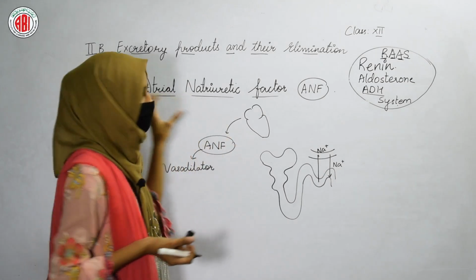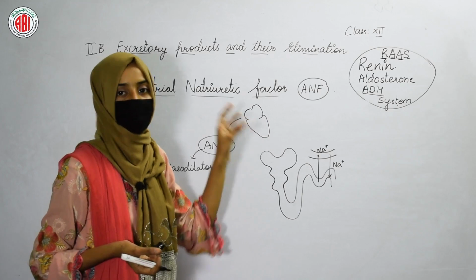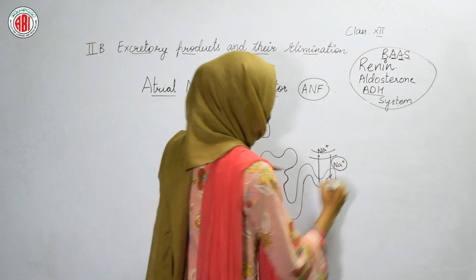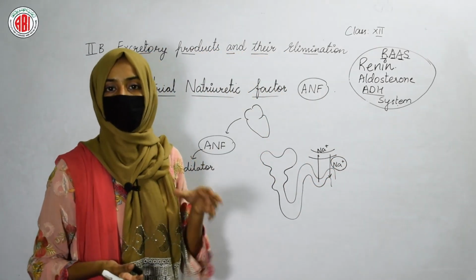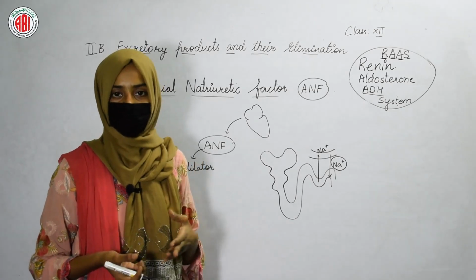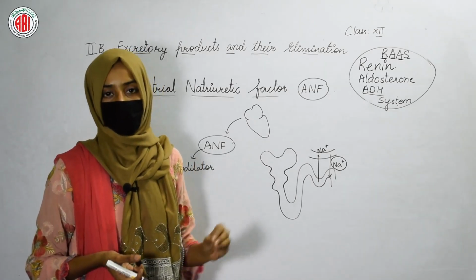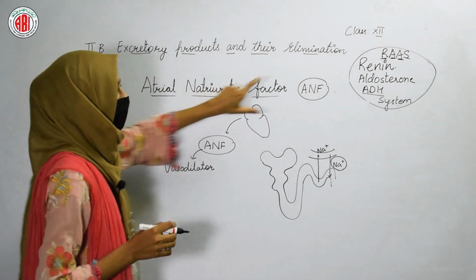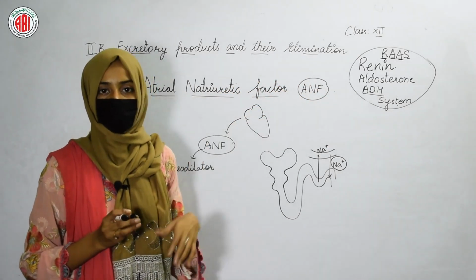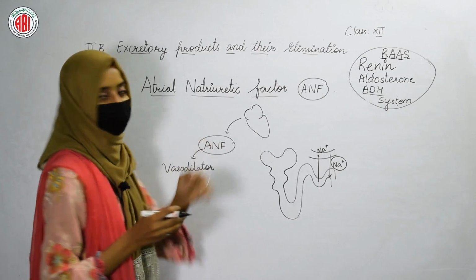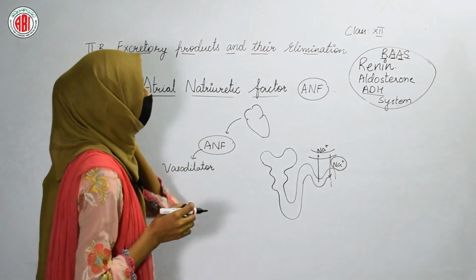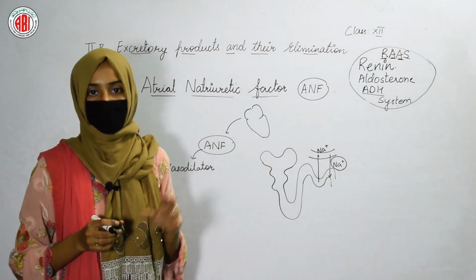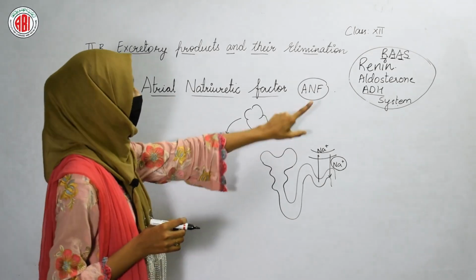Once the heart activates the ANF, that ANF comes to the nephron and starts its action. The action of ANF is to add sodium ions to the urine. When the sodium ions are added to the urine, the volume of the urine increases, and ultimately the blood pressure becomes low. So because of the action of RAS and ANF, RAS is a system which acts to increase the blood pressure, but ANF is a factor which acts to decrease the blood pressure. The role of both RAS and ANF ultimately normalizes the blood pressure.